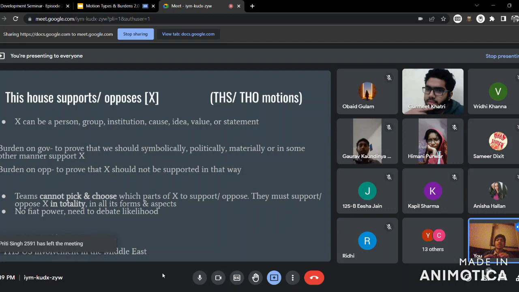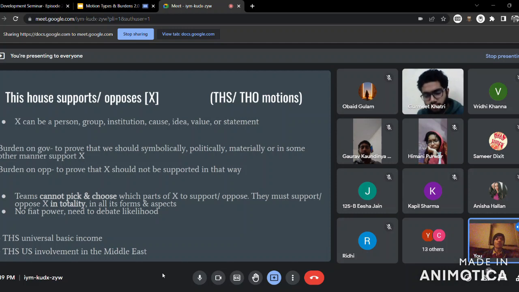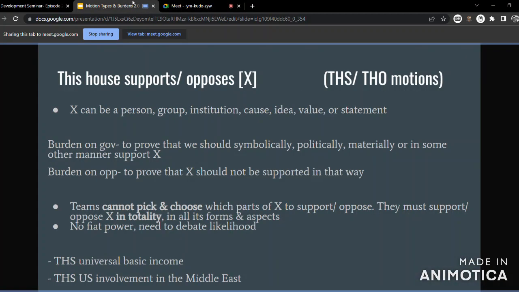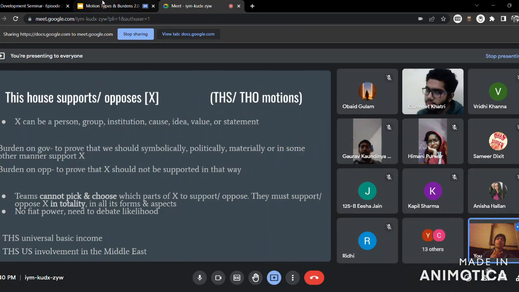Okay, so the part about totality was specific to this kind of motion, supports or opposes, right? This is the type of motion where anything which you support or oppose exists in different forms in the current world. You can't pick and choose certain forms that are favorable to you and certain forms that are not. You have to defend all the forms in which something exists, good or bad. You need to prove why the good is more than the bad, or if you're Op and opposing, you need to prove why the bad is more than the good, and things like that.